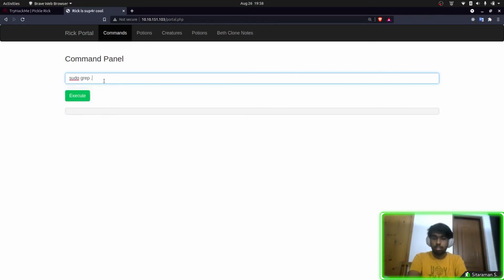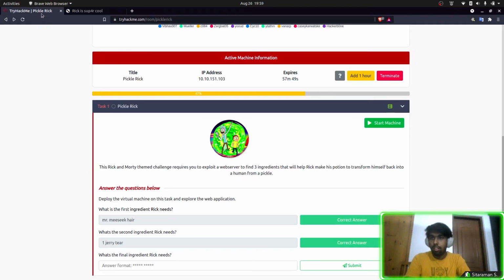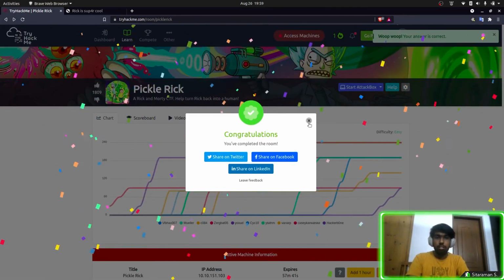So let's do sudo grep dot slash root slash third dot txt. Yep, that is it. Third ingredient, cool. And we have sleep juice as well. These all are Rick and Morty references. And if we submit it, our box is complete.